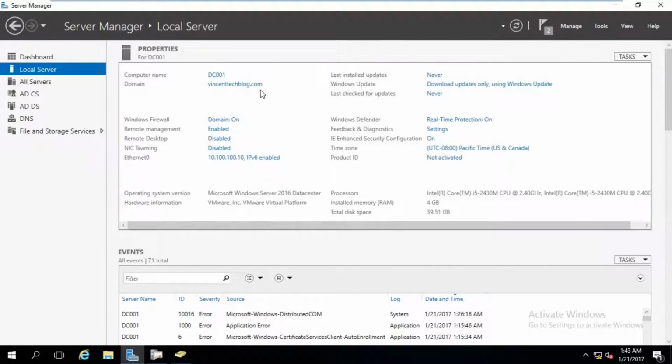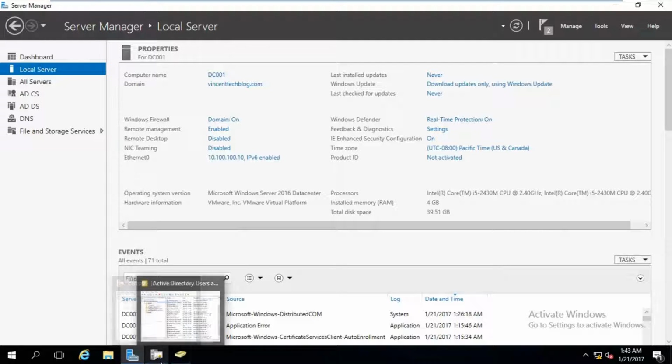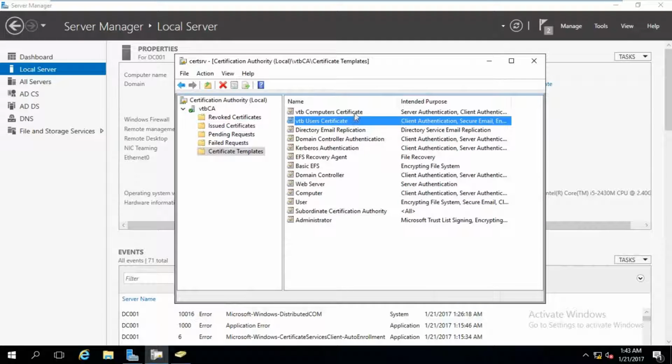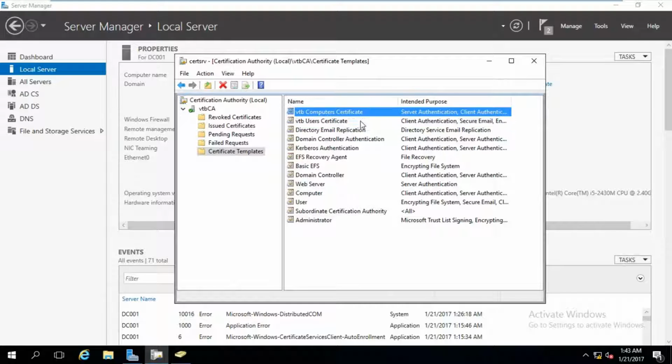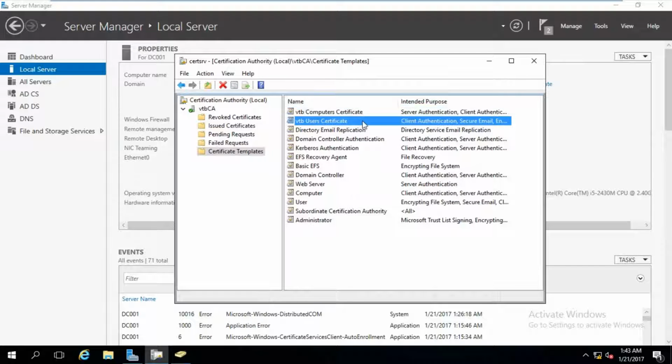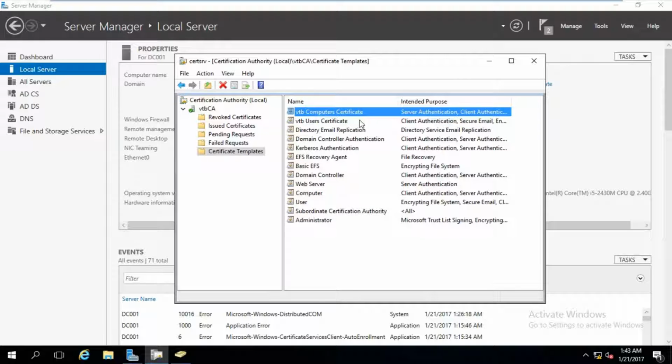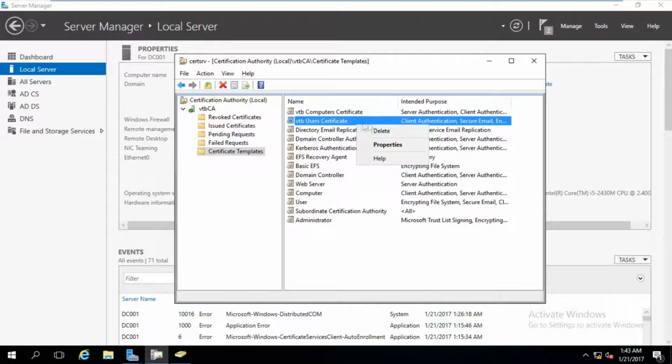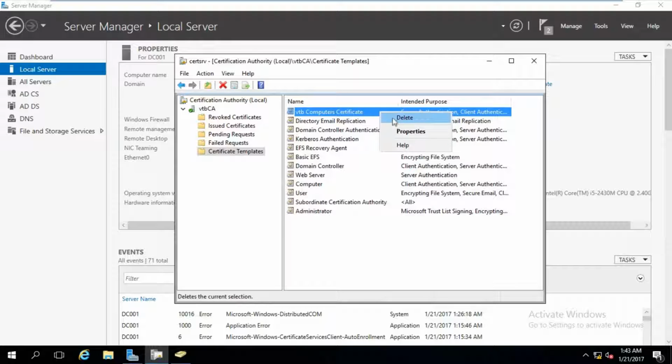Alright guys, here we would be configuring the key recovery agent, and then we'll see how we can recover a lost key in this video. So here, if you realized, we created some certificates earlier. Okay guys, for the sake of this video, we're going to delete these certificates because we set them to be automatically enrolled. I don't want that, so I'm going to delete this certificate for the users. Also going to delete the computer certificate,